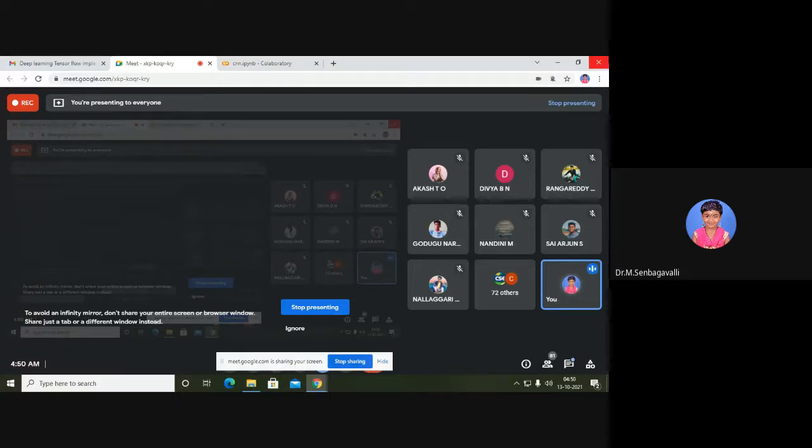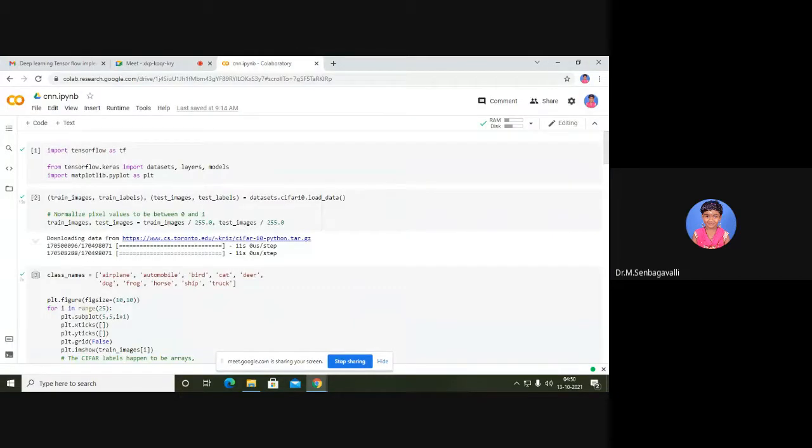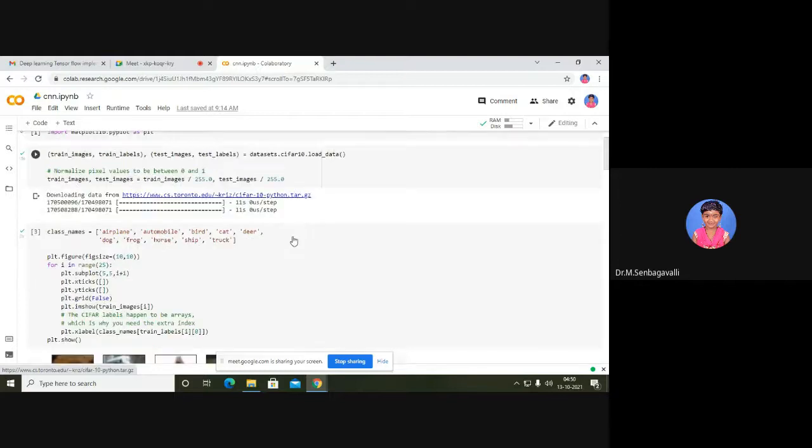And apart from that, I'll show you the code. This is a convolutional neural network implementation. Here I am taking open source data only, that is CIFAR data. It includes many images like frog, bird, cat, deer, airplane, everything. Totally we have 60,000 images. If I start downloading, it will take a longer time, so I have included only the open source data.